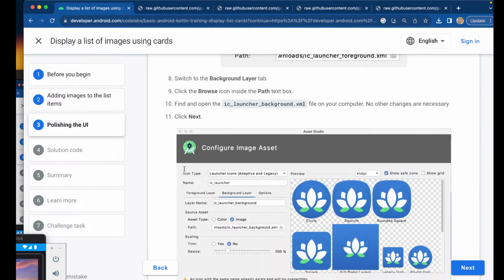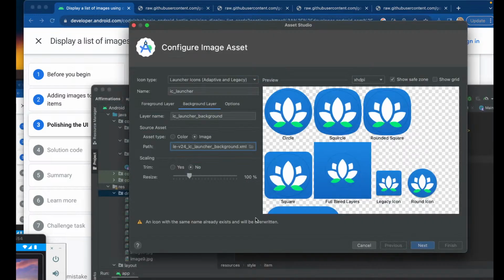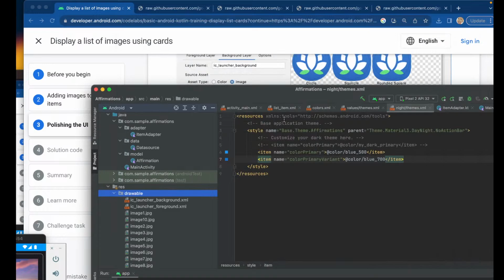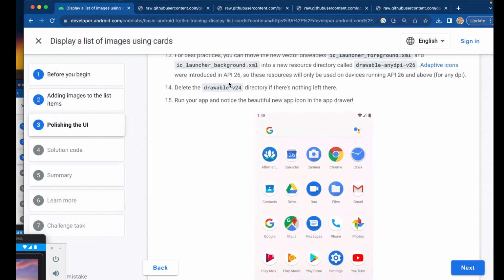Anything else they wanted us to do, said click next. In the confirm icon path, click finish. So okay, so that's what we can actually go ahead and do is go back to our Android Studio, then click next, and then finish. Okay. And then